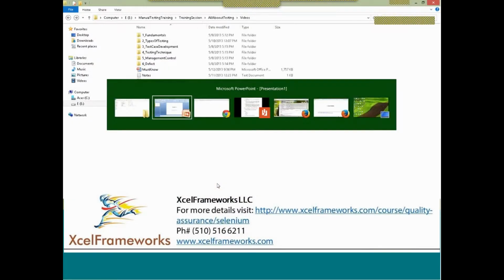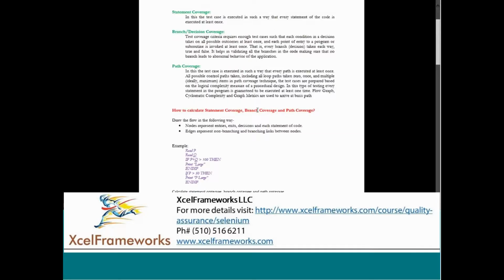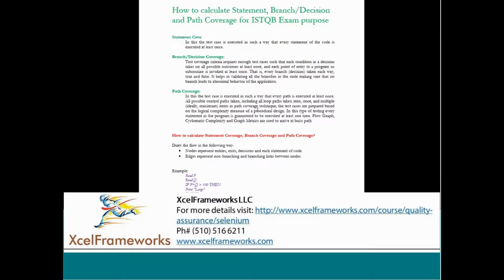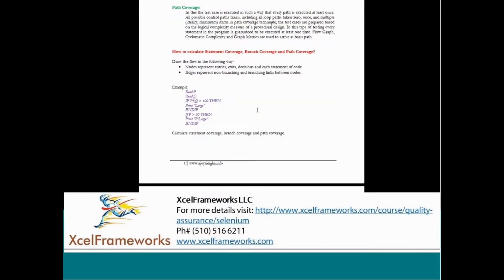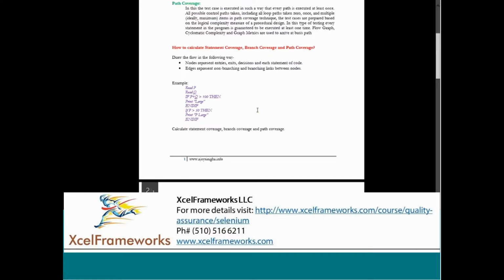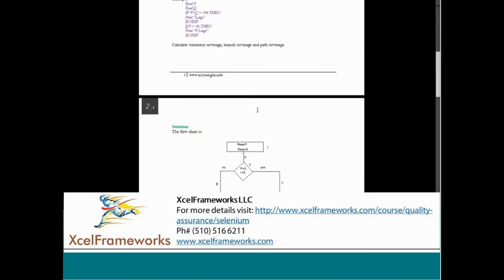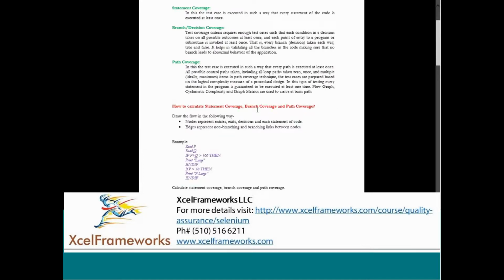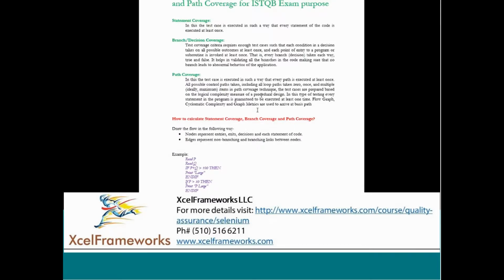Okay, so I was discussing something about white box testing. Here we'll try to understand what statement, branch, or path coverage is by taking a very simple example. If you understand very basic coding, let's say it has some if condition, you understand that programming for this one algorithm, then we can easily understand the basic coverage. It has typical coverage like statement coverage, branch or decision-making coverage, and path coverage.